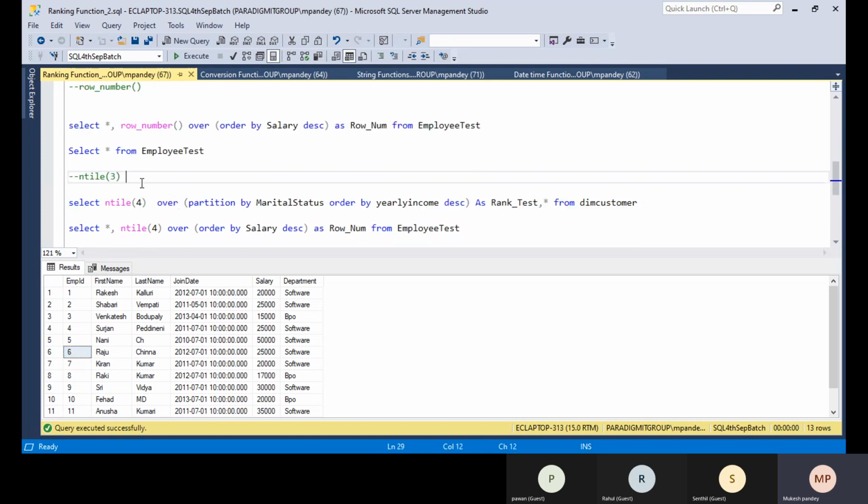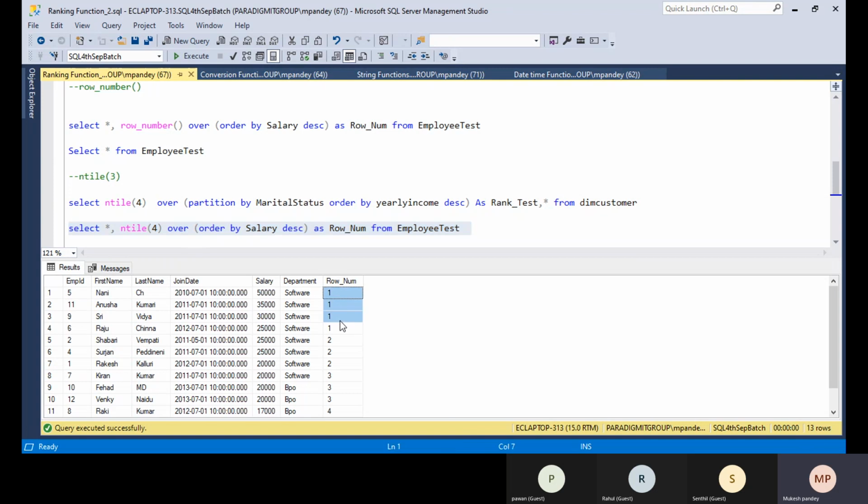Okay, the ntile function is basically used to divide the number of values. We have 13 records. If you pass ntile 4, it divides 13 by 4, so 3. So each group will get 3, something like that. You can see 1, 1, 1 is coming, 3 is there. So one is additional, and that will be added to the first group. The first value is displaying 4. The next value is 3, and the next is 3, and the next is 3. So it just divides the values.